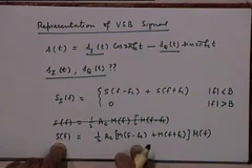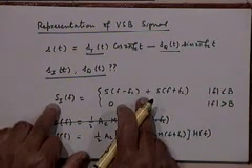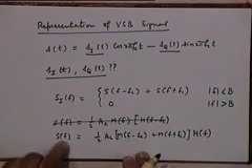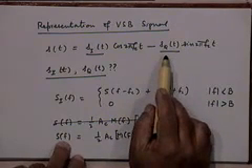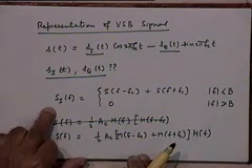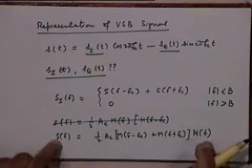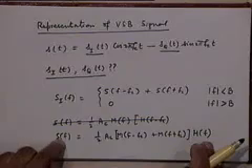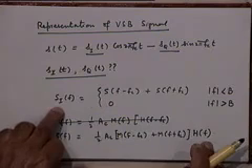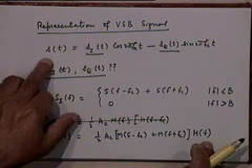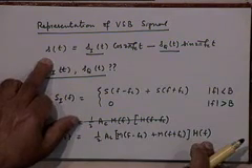Now use this result here to get an expression for S_I(f), and we'll do a similar exercise later for S_Q(f), right? But let's first complete the exercise for S_I(f). Are you with me? We are saying that this is the expression for the spectrum of s(t), which is a VSB signal, vestigial sideband signal, right? If I use that expression here, I'll get the spectrum of the in-phase component of the VSB signal, right?